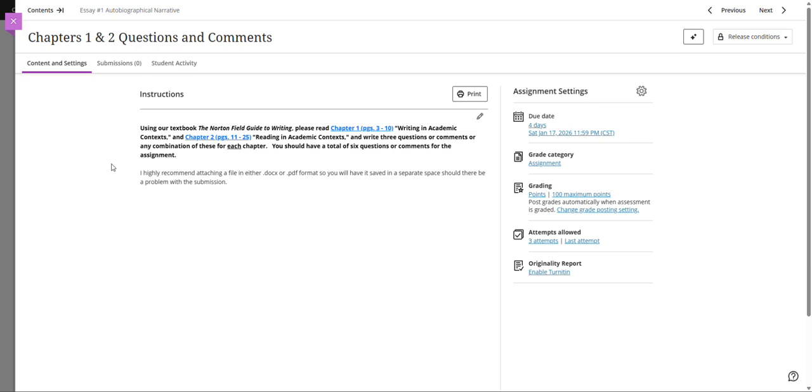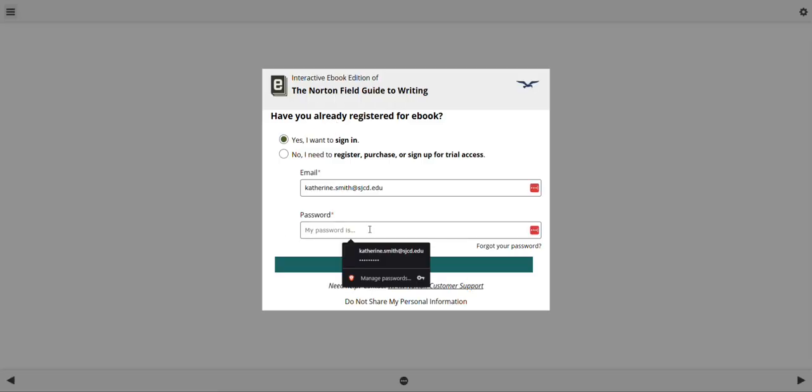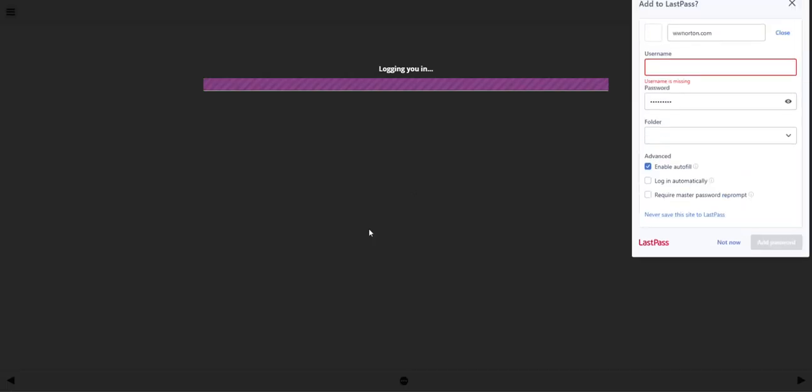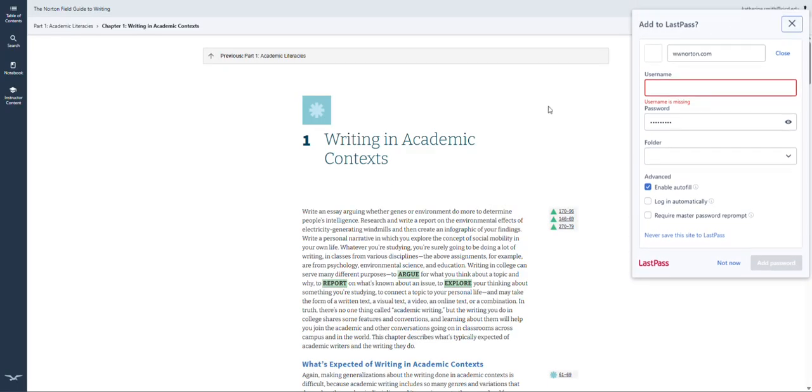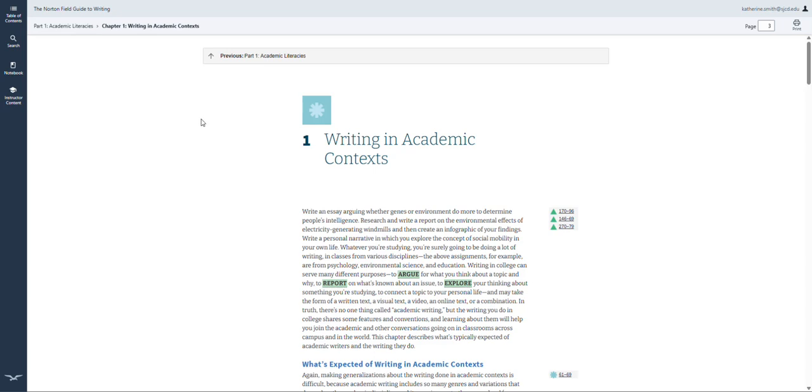And there's a link in the important links hub, but also I have hyperlinked the chapters here. So anywhere where you see blue, it should be hyperlinked. And it should take you directly to the reading that you need to do. So for example, our first one is chapter 1, and it's going to take me to it where it's going to ask me my password, which I'm going to type in there. All my things that pop up. And here it takes me directly to chapter 1.